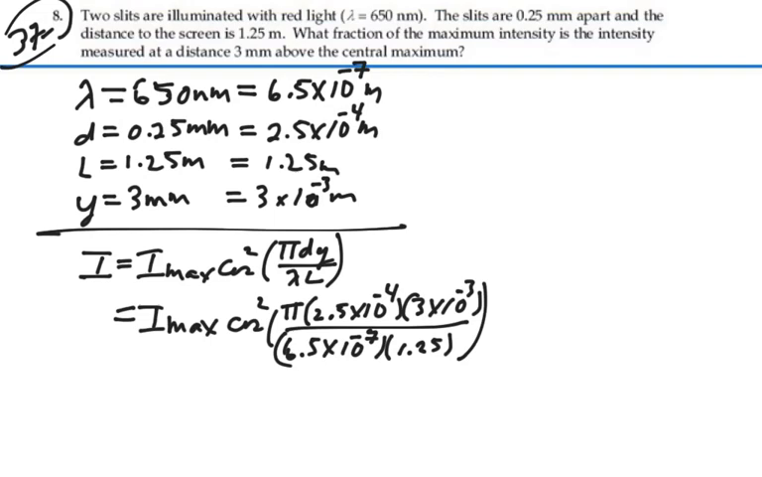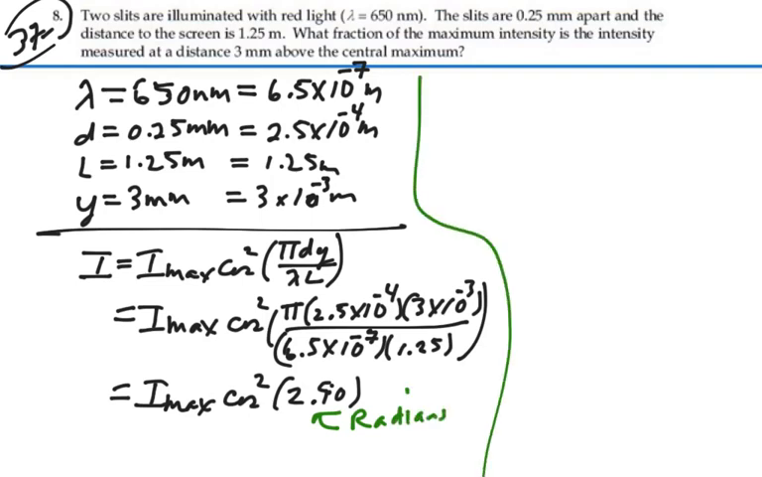Let's calculate all that. And everything inside I've got is 2.8999, so 2.9. So we have that this is equal to I max cosine squared of 2.90. Now when we evaluate this cosine, make sure that we evaluate it in terms of radians, because that's what we have in there. So if I take the cosine squared in terms of radians,